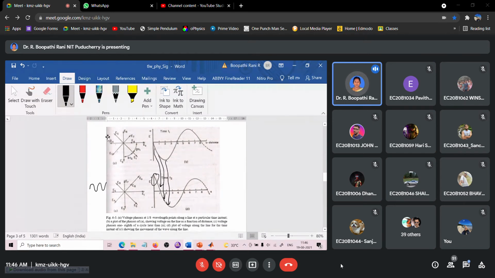At time t2, here E1 will move to this place, and this E8 will move to this place. E7 will move to E6 place. E6 will move to E5 place. E5 will move to E4 place. E4 will move to E3 place. That way it is changing. So that plot, if we draw for the length of the line, will be like this.